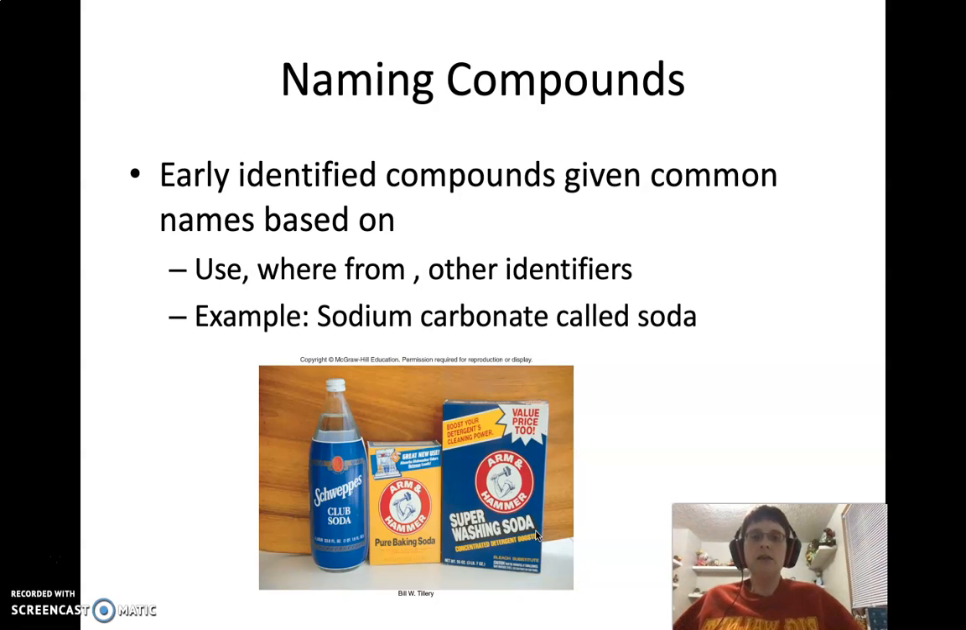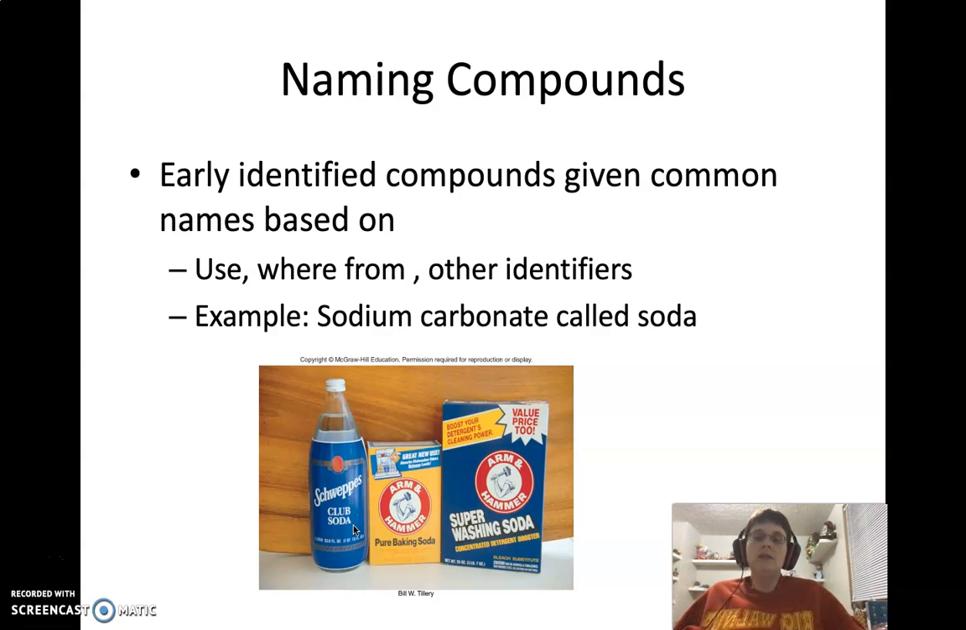The problem is that these names don't tell you much about the actual chemical. So sodium carbonate is called soda. The thing is, these three items all have soda in their name. However, they aren't actually made with the same chemical base. And so these common names aren't really helpful to us as far as telling us what's actually contained